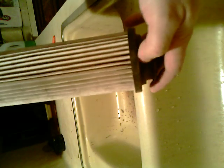The performance level of your vacuum cleaner will come up, and just check the grooves for dirt, and you can see that they're pretty clean. I'm going to call this cleaned and put it back in. But that's how you clean a Hoover wind tunnel